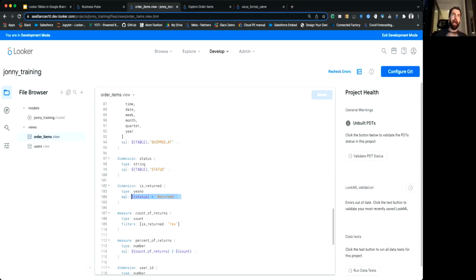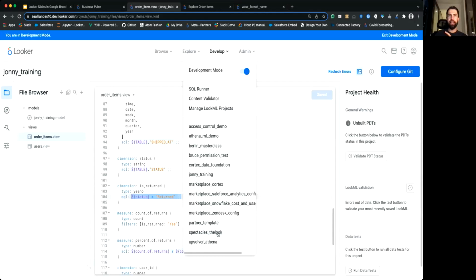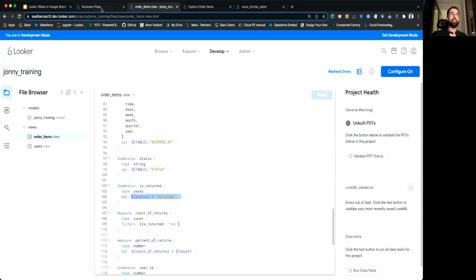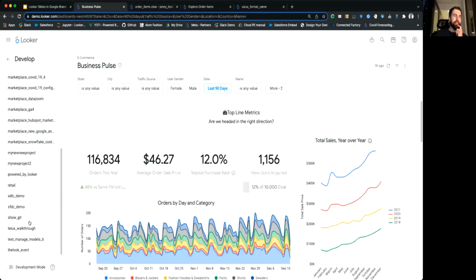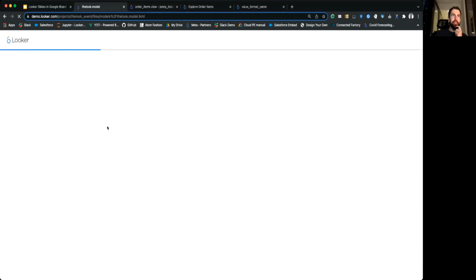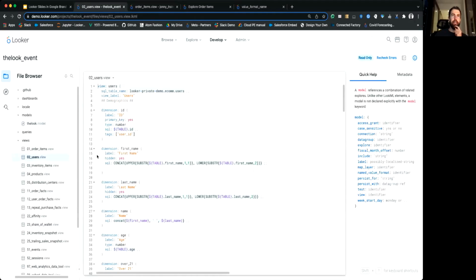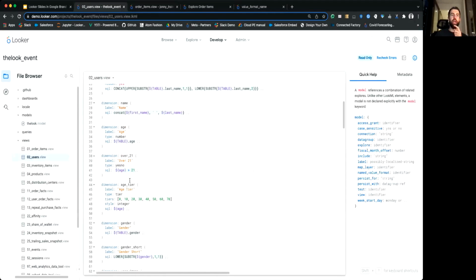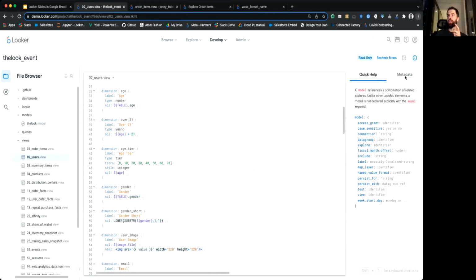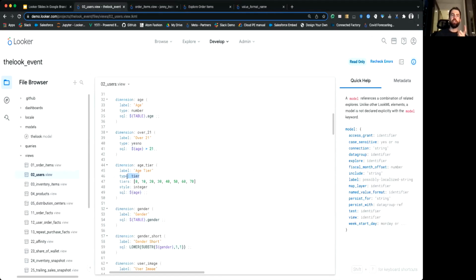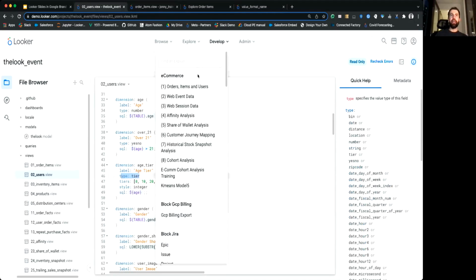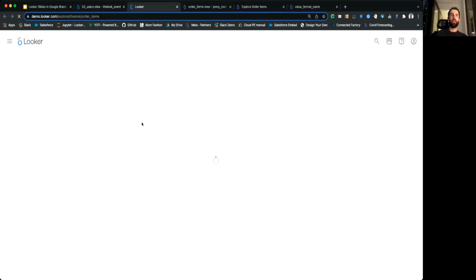Cool. One more example of a good type, just to call out, is, let me see if I can find it quickly. Let me go over here. If I scroll down here, we have user age tier. And apologies, let me make this bigger for you, using the tier type. And if I show you what this does,